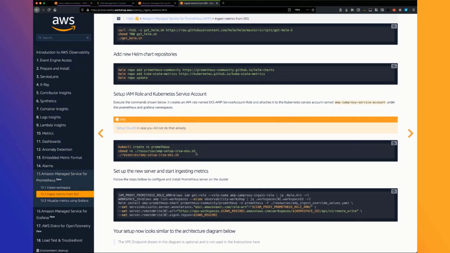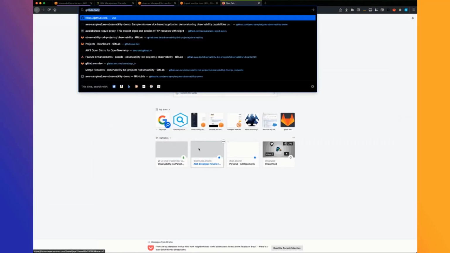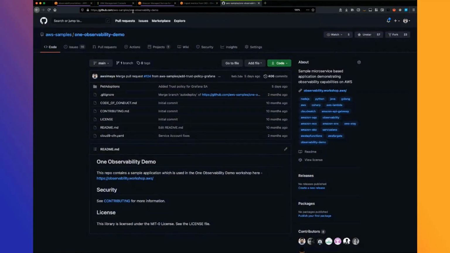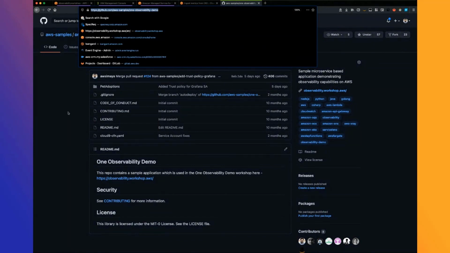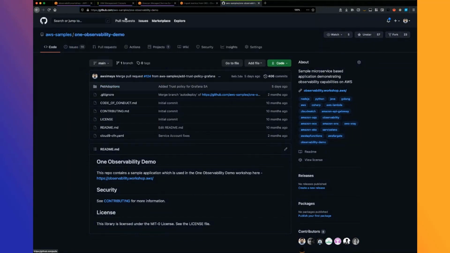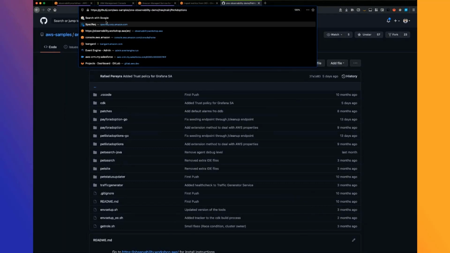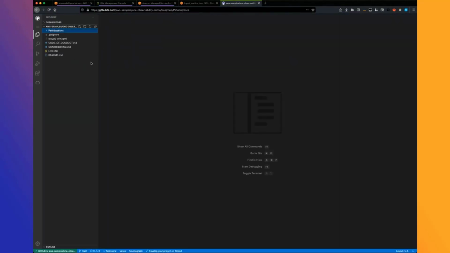So if you did not follow the workshop instructions and set up Cloud9, you will not have access to this file locally, obviously. So to make use of that, go to GitHub and go to this AWS samples one observability demo. Okay, so if you go to that URL, you will see a repo there. So just clone this URL and go to this folder. So let me see if I can go to the 1S site. That is a site that allows you to browse GitHub through VS Code on browser. If you go to that,